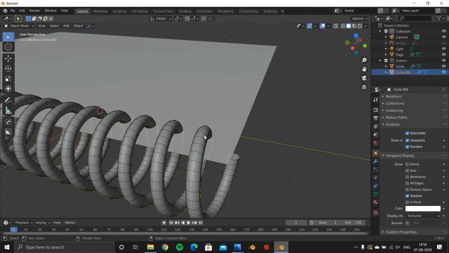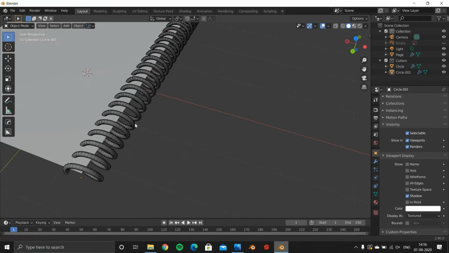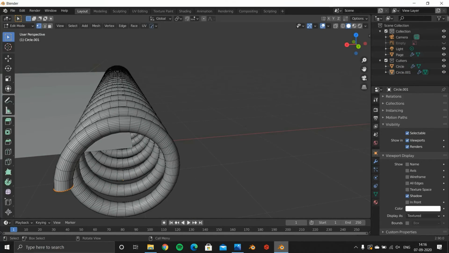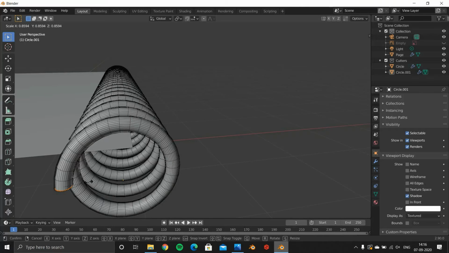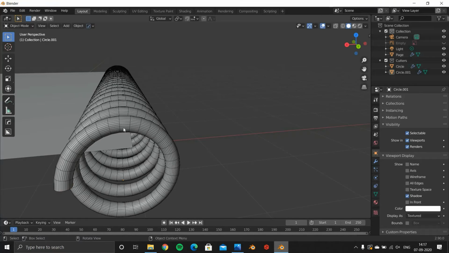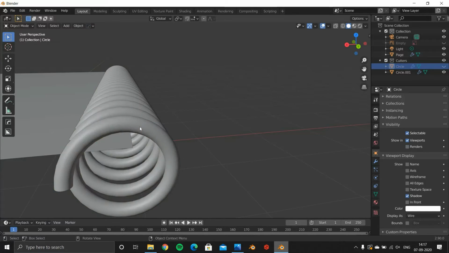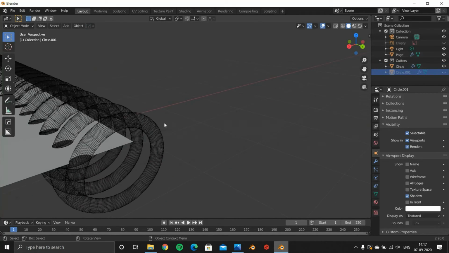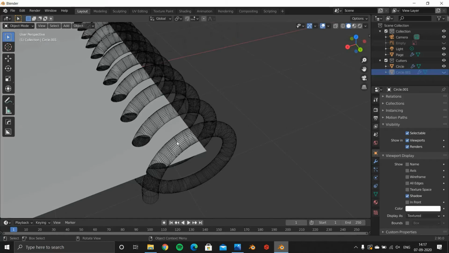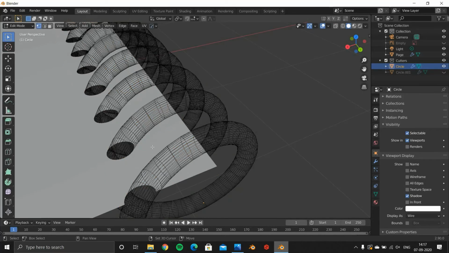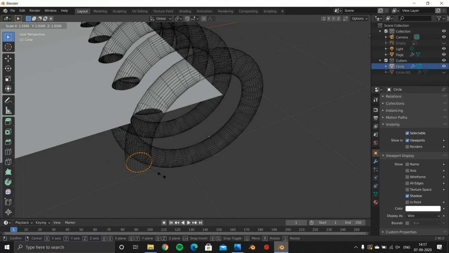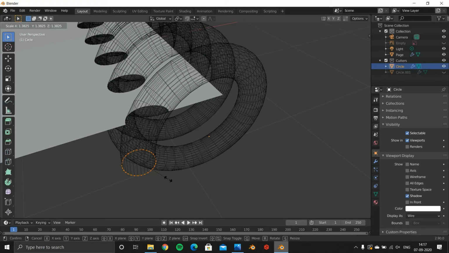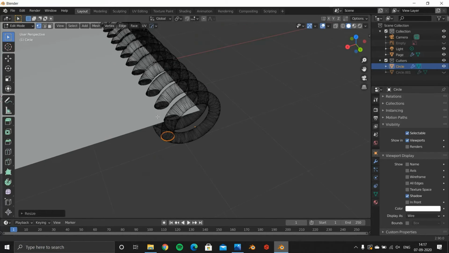So the holes are not really visible, so what I can do is, wait a second, hide this. This is our boolean version of the spiral, so I will go in the edit mode, increase its size so that the holes become a little bit bigger.